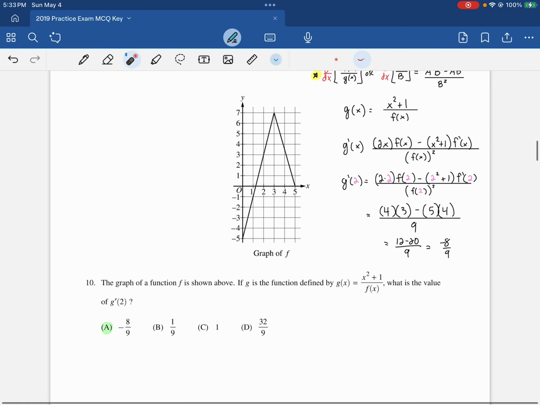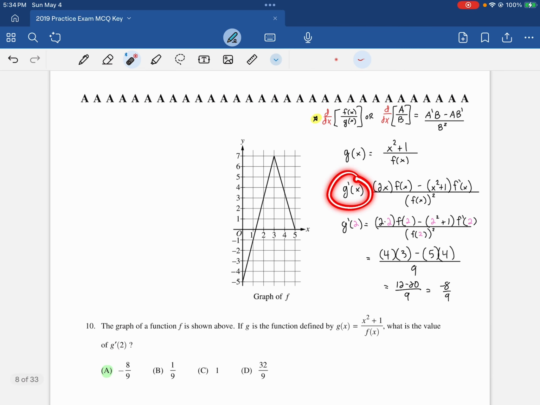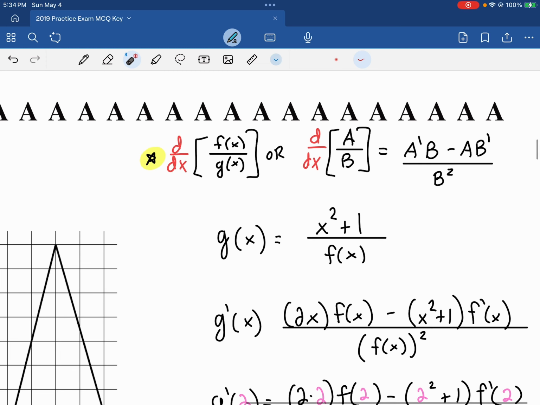Number 10, the graph of the function f is shown above. If g is the function defined by this rational function, what is the value of g prime of 2? Before I even evaluate g prime of 2, my question was, what is just g prime of x? So here I have g of x as some sort of function on top, some function on bottom. And remember your quotient rule, where if you have a rational function like this, or you can write it as a over b, your quotient rule says you're going to do the derivative of a times b minus a times the derivative of b